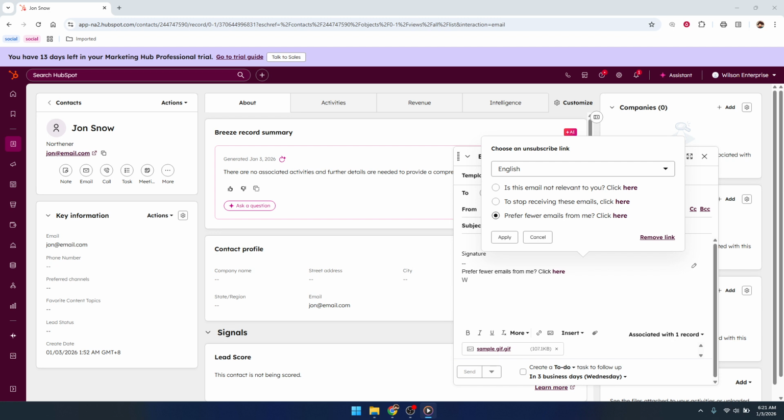We'll start with enabling collaboration, because this has to be turned on before anyone can actually add collaborators. You'll need to be a super admin in your HubSpot account for this part. If you're not, you can still watch to understand the process and then share it with someone who has the